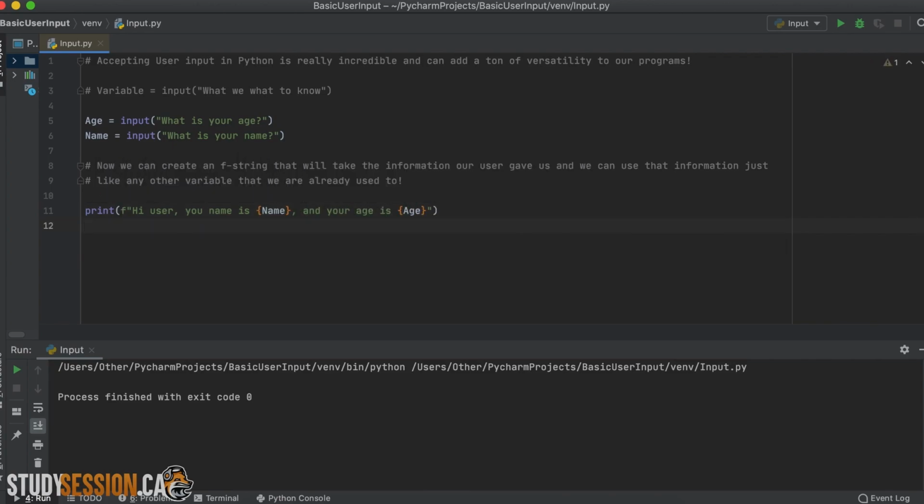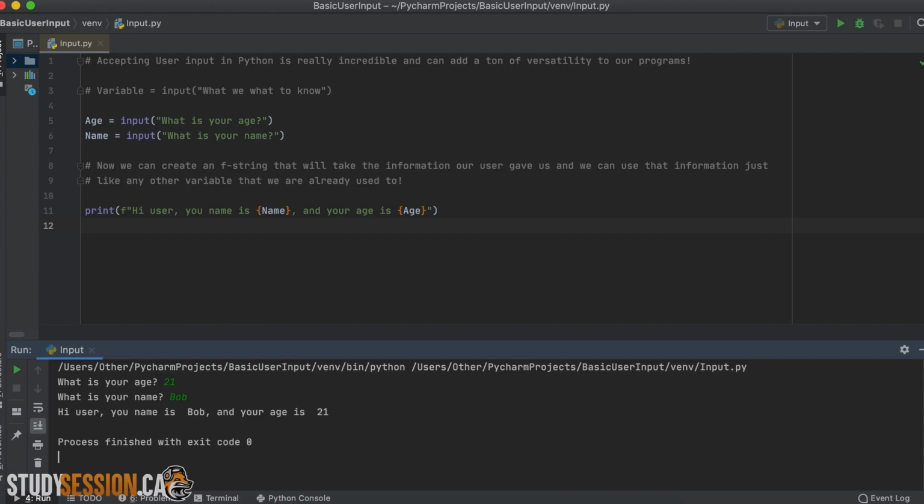So let's create a simple F string to reprint the information. Now we can run our program, and as you can see here, we are prompted to enter our name and age as expected. And there we go. We now have a working Python program that will accept information from our user, and we use that information given to us to create a useful print statement.